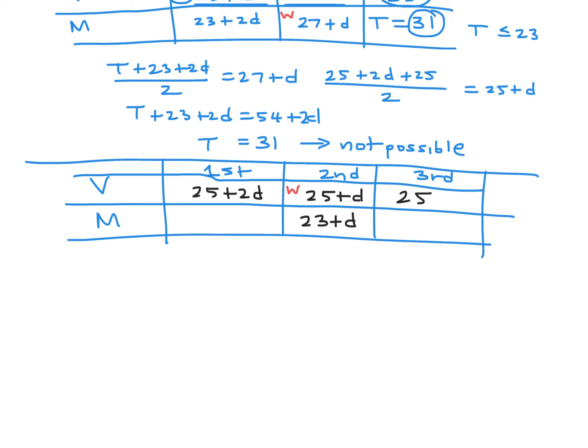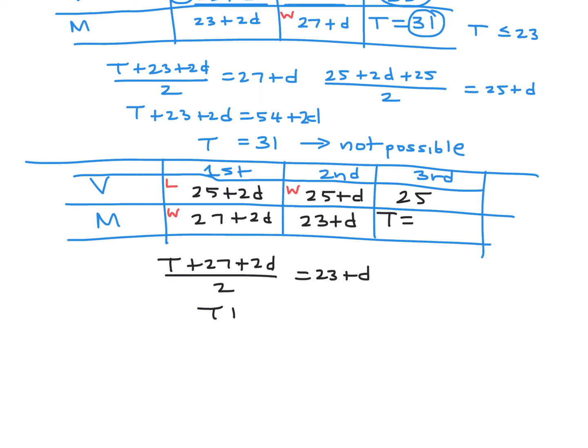And since Viswanathan wins only the second game, that means he loses the first game, so Magnus wins the first game. So if Magnus wins, then he must have had 2 more. So in terms of his score, that's 27 plus 2d. Okay, so then again, let's calculate t. So t plus 27 plus 2d over 2 is 23 plus d. So that means t plus 27 plus 2d is equal to 46 plus 2d, and therefore t is equal to